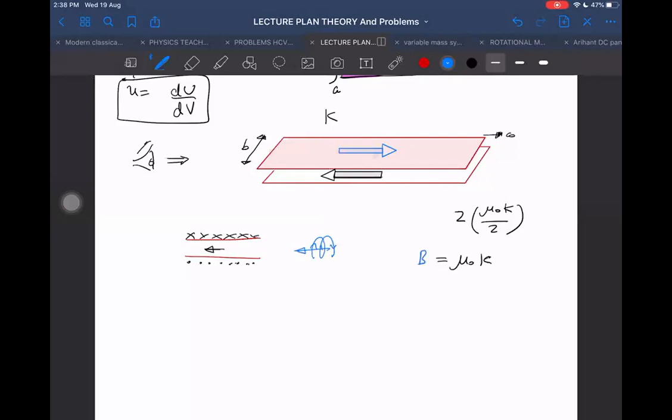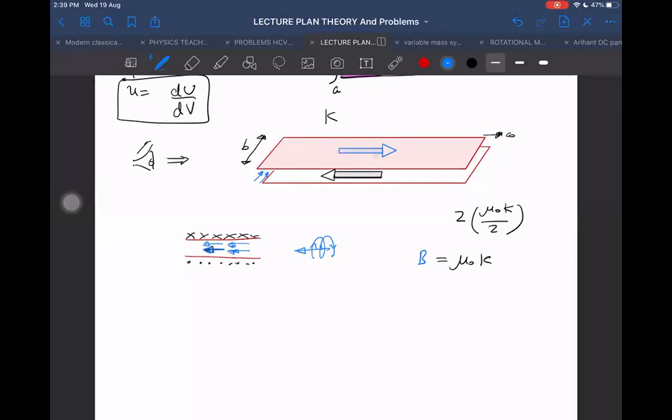But wait, what do I want to find out now? Self-inductance. How to find out self-inductance? Now you think how to find it out. Flux, how to find out the flux due to the field? Flux I have to find out by taking some area which is perpendicular to the magnetic field. Here the magnetic field is going this side, the direction of the magnetic field will be like this. So what kind of area element should I choose now? I should choose an area which is perpendicular to this magnetic field.